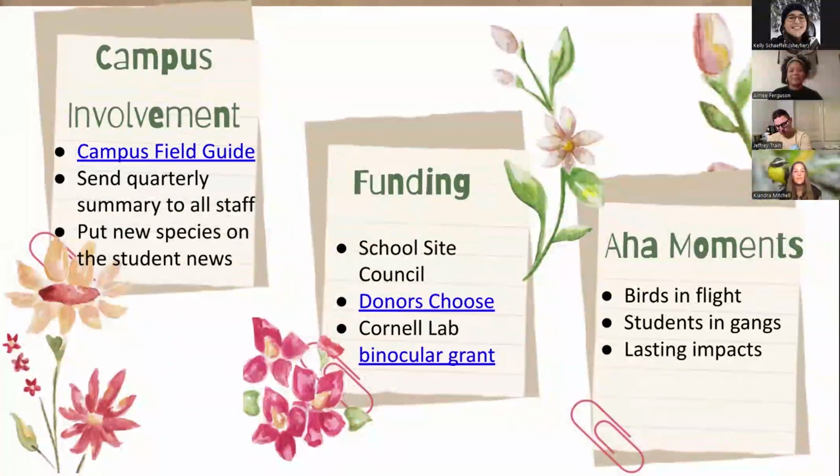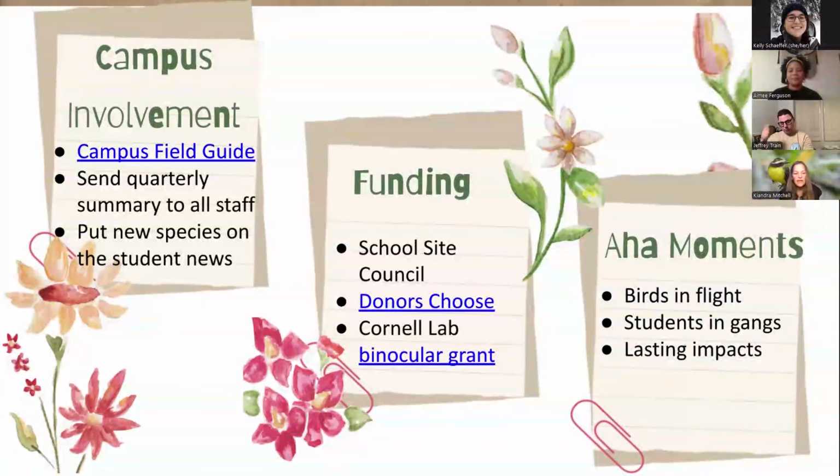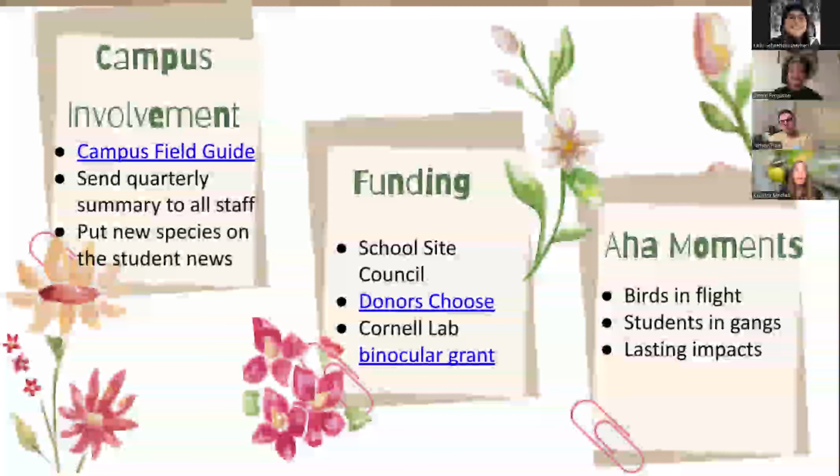With the campus involvement, I have found that with outdoor education, it is often not particularly well received unless the rest of the campus knows what's going on. If they see a group of 38 students wandering around campus, they might think we're up to no good, because I'm shorter than all of my students, so they often can't see me. So they're like, why are those kids outside? So we involve them in the program.